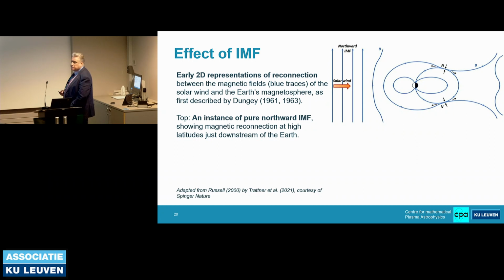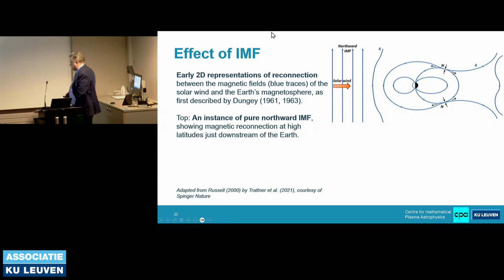And here I chose one of the earliest illustrations, from Dungey, from 1961 and 1963. It is an early 2D representation of the reconnection between magnetic fields of the Earth and the solar wind. And here you see when the interplanetary magnetic field is at the same polarity as the magnetic field of the Earth, then the reconnection is actually occurring here at the sides, at high latitudes, just downstream of the